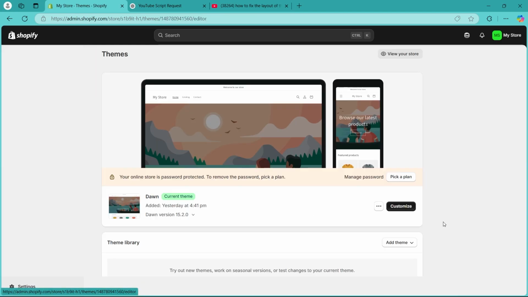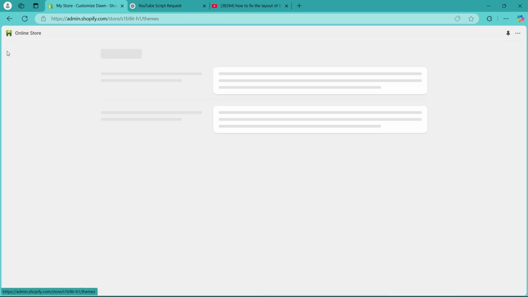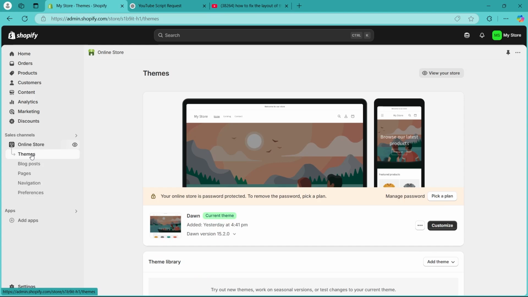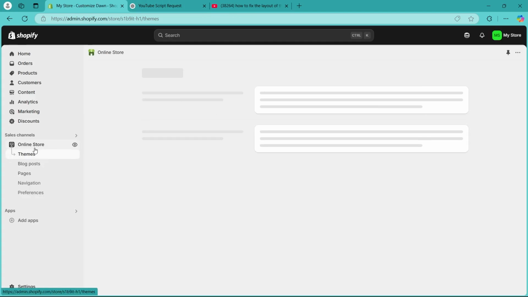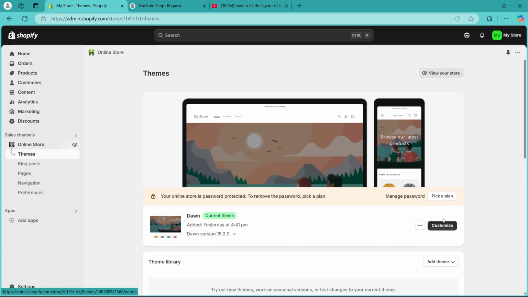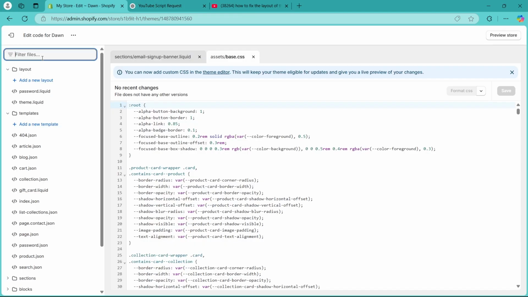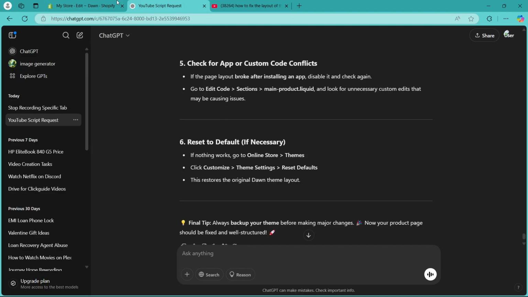Now, the fifth step will be to check for app or custom code conflicts. If the page layout broke after installing an app, disable it and check again. In order to do that, simply navigate on this page, click on the three-dotted icon, click on edit code. Here, navigate to sections. Under sections, go to